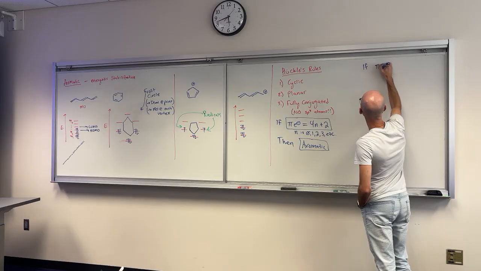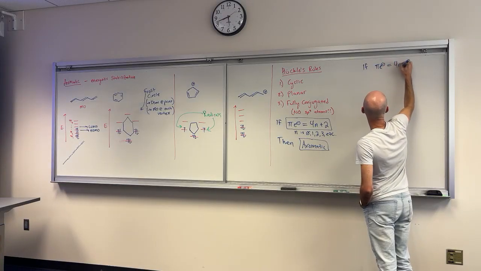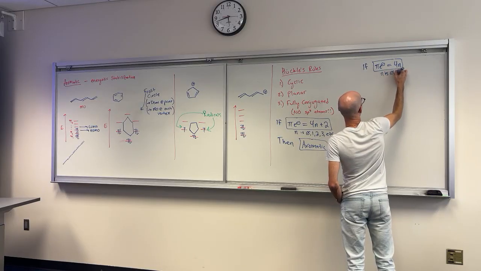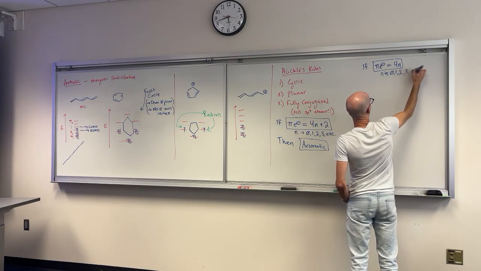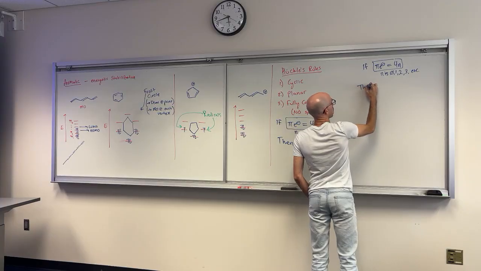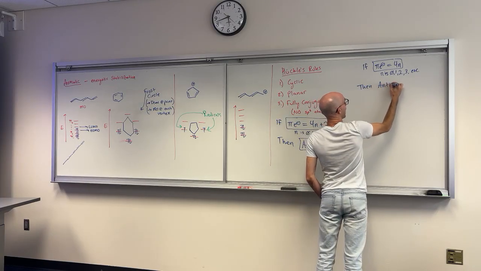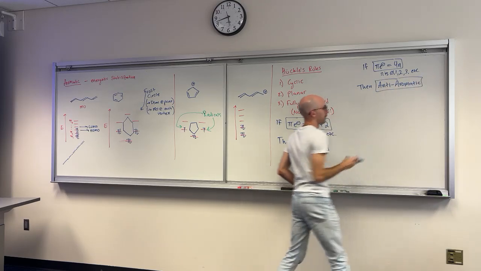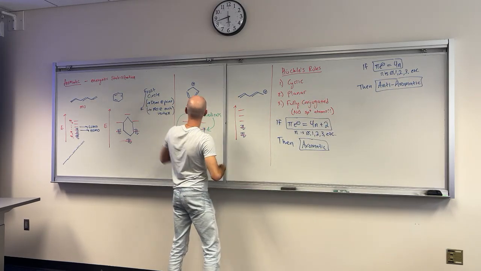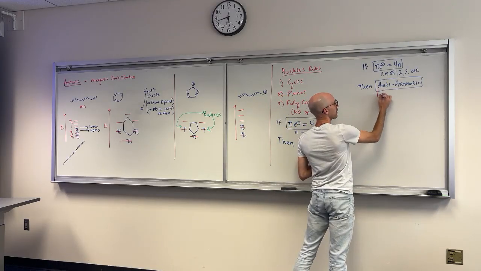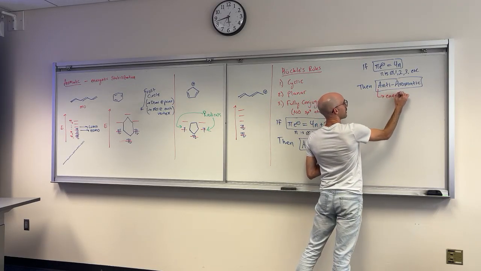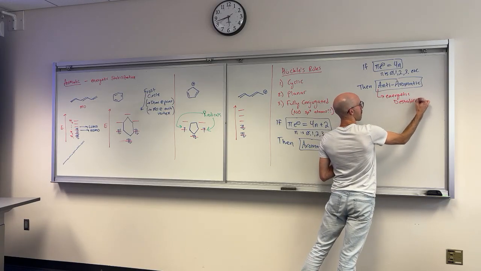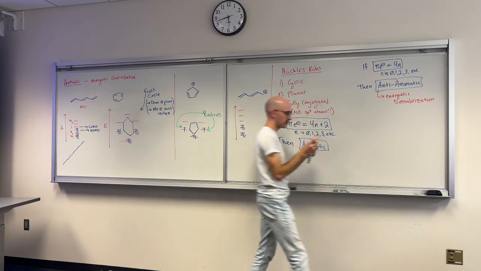If the number of pi electrons instead satisfies an equation 4n, again, where n is simply 0, 1, 2, 3 ad nauseum, then the compound is anti-aromatic. Aromatic is this energetic stabilization. Anti-aromatic is this energetic destabilization. Like we saw in the